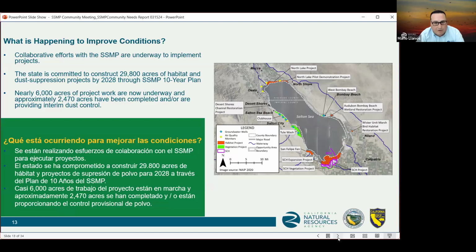While we're behind in our acreage targets, in the last several years, we've made great progress and continue to add capacity. The SSMP has approximately 6,000 acres under construction. Approximately 2,500 acres have been completed or are adding interim dust suppression benefits. The map on this slide shows projects identified in our 10-year plan environmental assessment, either nearing the end of construction, under construction, or in planning or permitting for construction.